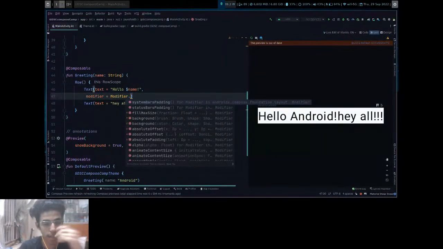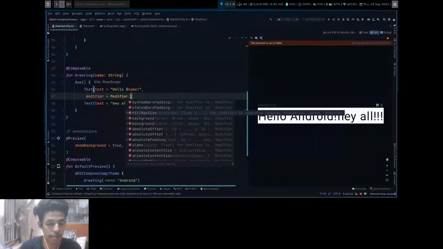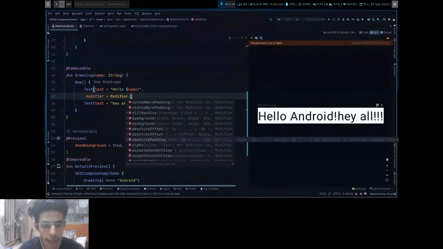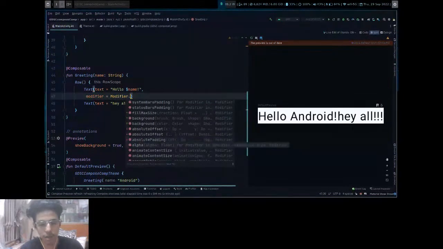As you can see, it has both system bar and status bar padding right out of the box. fillMaxSize is basically what we saw above. It will take the whole screen. Background is changing the background color. We'll go later, but first we will get an overview of every method that Modifier provides. Absolute offset is basically moving the position of your composable.